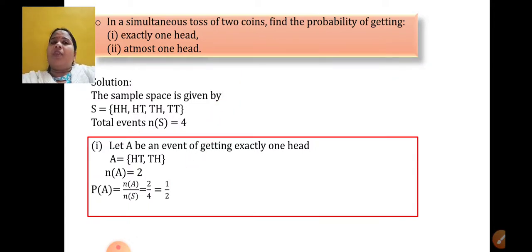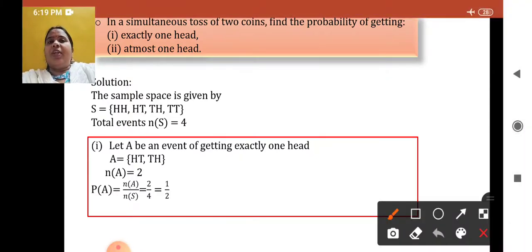Okay. Now let us come to the second important part of the question. This is what I have told you, at the most and at least. Now at the most one head means maximum one head. Yes, more than that I don't want. If less than that is there, it should be considered. Understand this statement again. At the most means maximum. Remember this. Maximum one. Yes, more than that I will not take, but less than that can be considered.